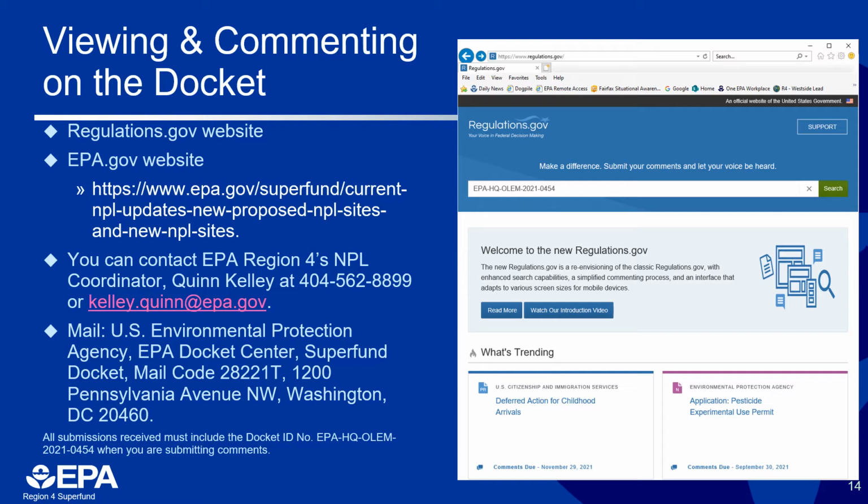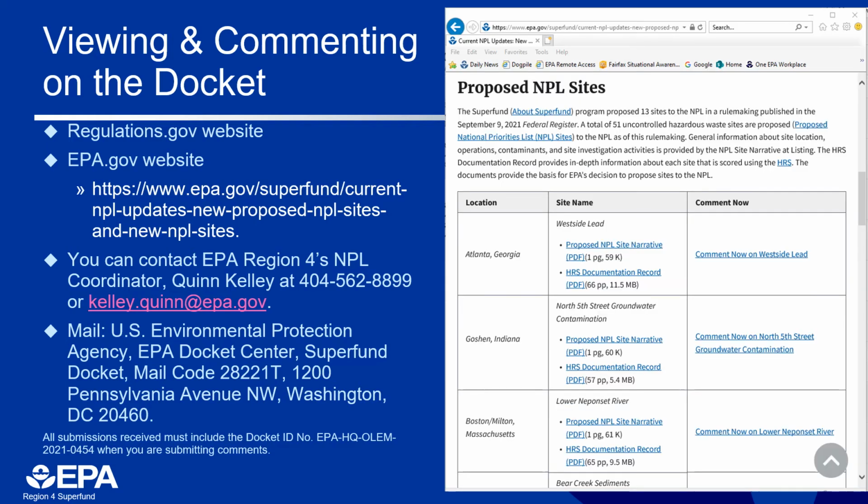You can see what that looks like to the right. Lastly, you can contact the NPL coordinator, Quinn Kelly, for the documentation at kelly.quinn@epa.gov or by calling her at 404-562-8899. You can also comment on the proposed listing through regulations.gov, EPA's website, or through the mail at the address